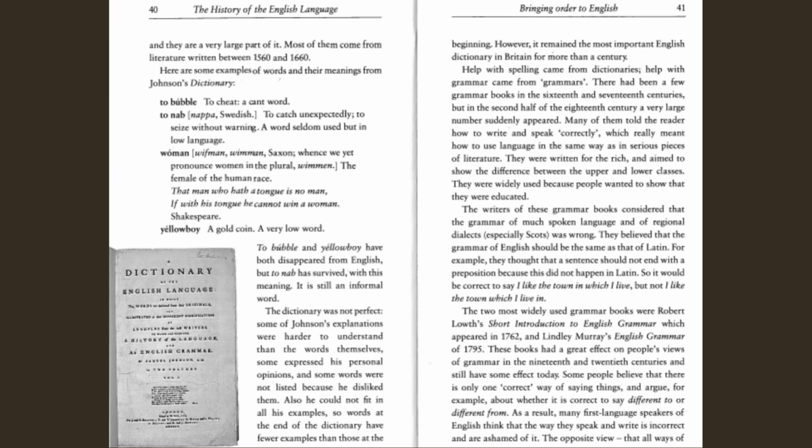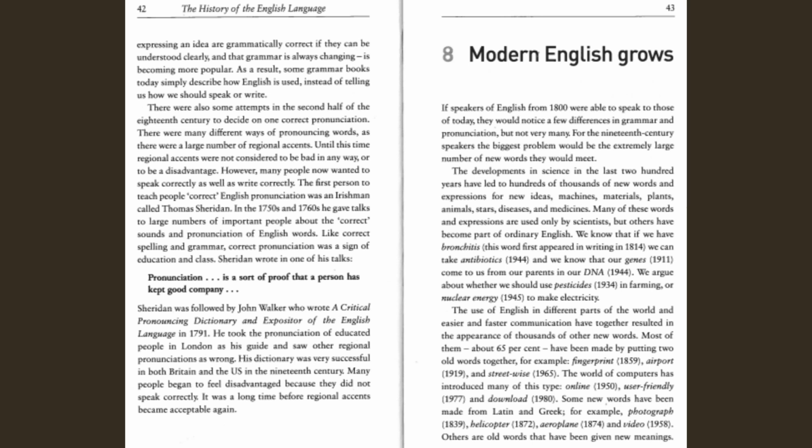As a result, many first-language speakers of English think that the way they speak and write is incorrect, and are ashamed of it. The opposite view, that all ways of expressing an idea are grammatically correct if they can be understood clearly, and that grammar is always changing, is becoming more popular. As a result, some grammar books today simply describe how English is used,